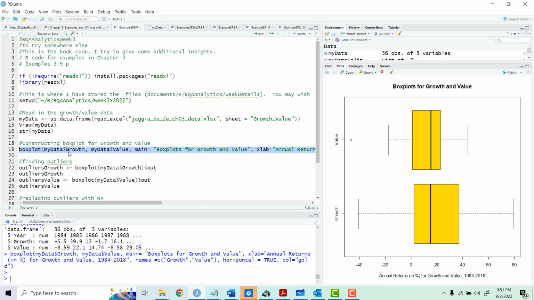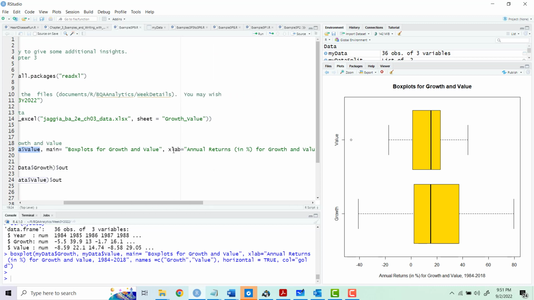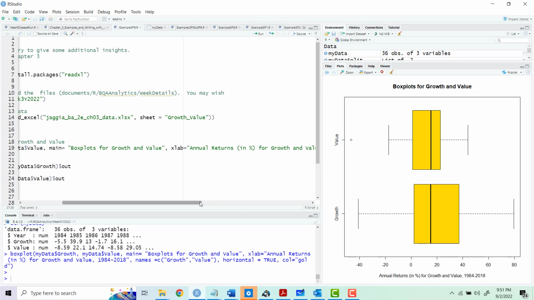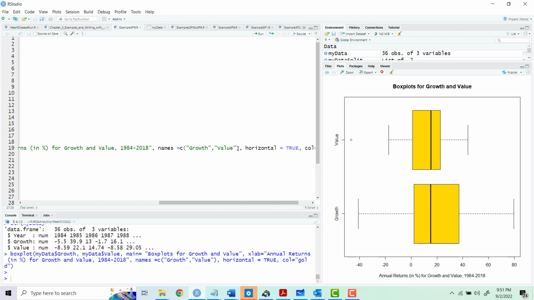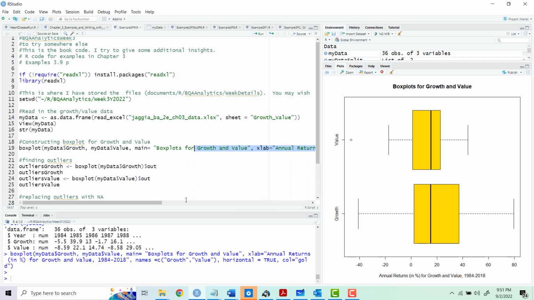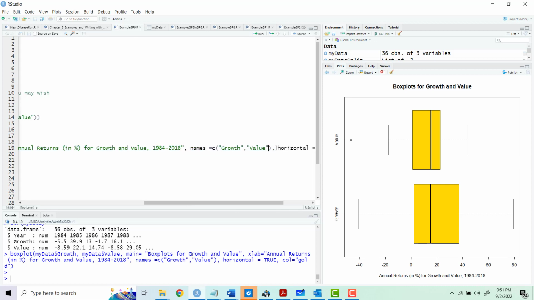And what this does is it creates box plots. What we do is we send it growth, we send it value, so we send it two different data series. We send the title, and we send an X label, which is the average return in percent, and we add the names of the actual data series, and then we got the color, which we've said gold, whether it's horizontal or vertical. Say, for example, I put false,